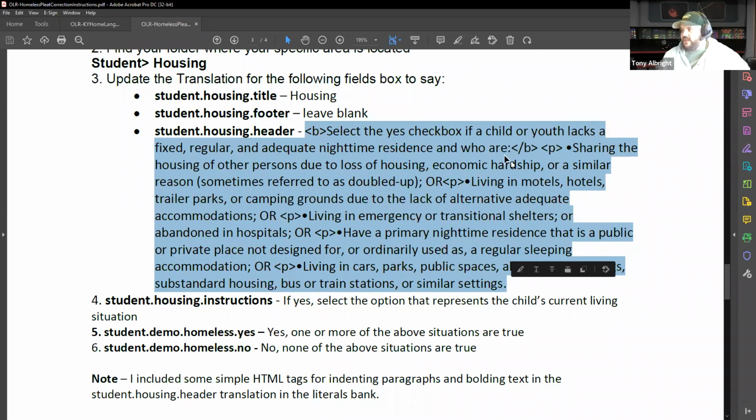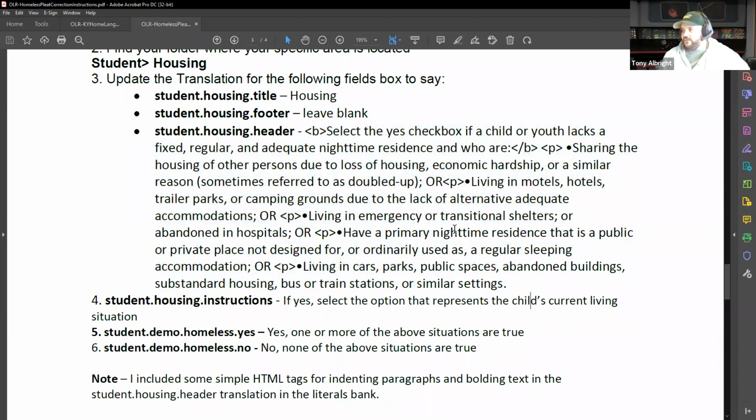These little B and P tags in here are HTML. Those are just to separate things out. So this is your heading there that will be in bold. This is your paragraph tag. And so these paragraph tags are just in there to make sure that those are on separate lines, so that when you end up in the application itself,